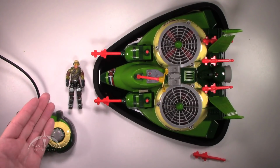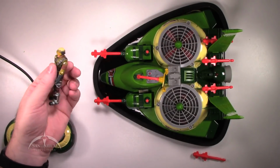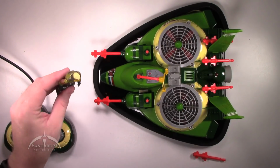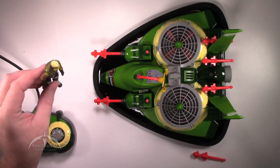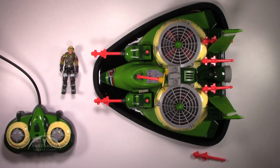You do get a cool new figure here in the vintage styling. For whatever reason, they actually did not go with the traditional Spytroops line for this figure and went with the original vintage mold instead, so that's kind of a cool thing, and it's a pretty interesting figure, so that's a bonus. Past that, don't really know if it's really something that most people are going to be interested in,